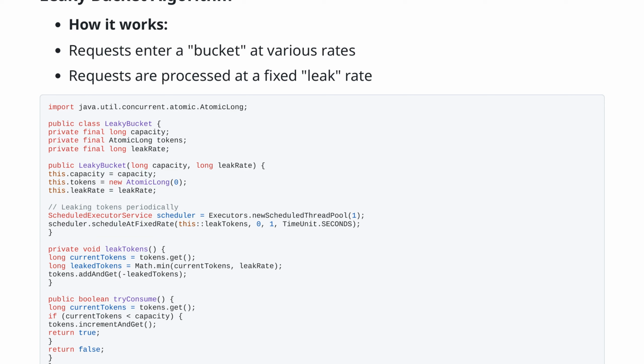Java: import java.util.concurrent.atomic.AtomicLong; public class LeakyBucket { private final long capacity; private final AtomicLong tokens; private final long leakRate; public LeakyBucket(long capacity, long leakRate) { this.capacity = capacity; this.tokens = new AtomicLong(0); this.leakRate = leakRate; leaking tokens periodically: ScheduledExecutorService scheduler = Executors.newScheduledThreadPool(1); scheduler.scheduleAtFixedRate(this::leakTokens, 0, 1, TimeUnit.SECONDS);